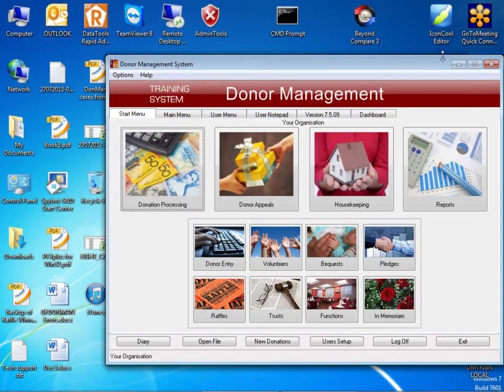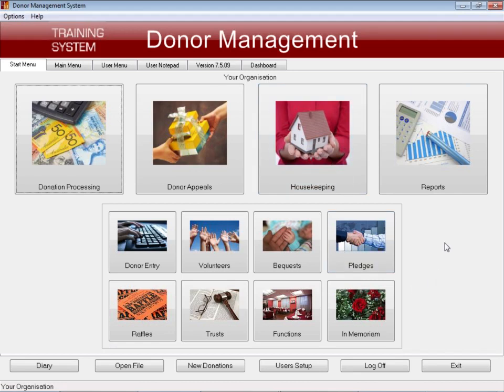Get back to my start menu here, is what we can then do with the pledges from basic setting up. The most common form of pledge, as Andrew has gone through, would be something like a membership or a one-off pledge or an annual pledge where I do reminders to people, or an auto deduction. So what we'll look at first is if I've got people that are doing quarterly pledges or annual pledges or membership, it's the same sort of thing. And what I want to do is do reminder letters to people.